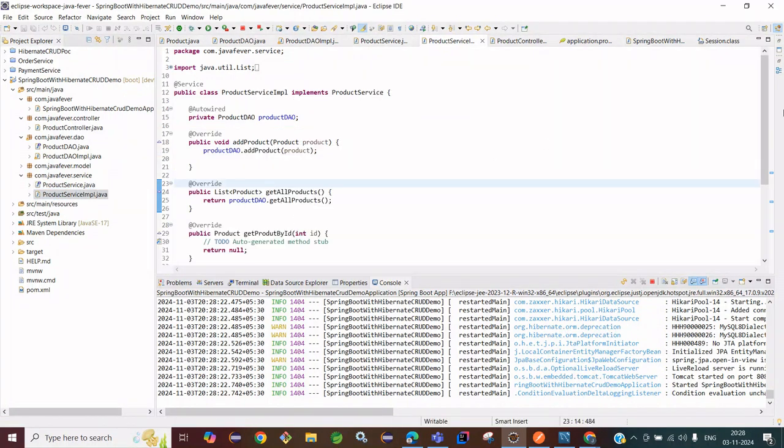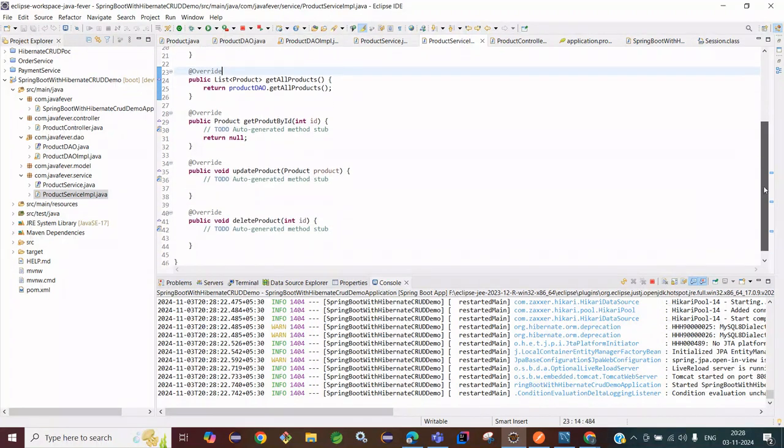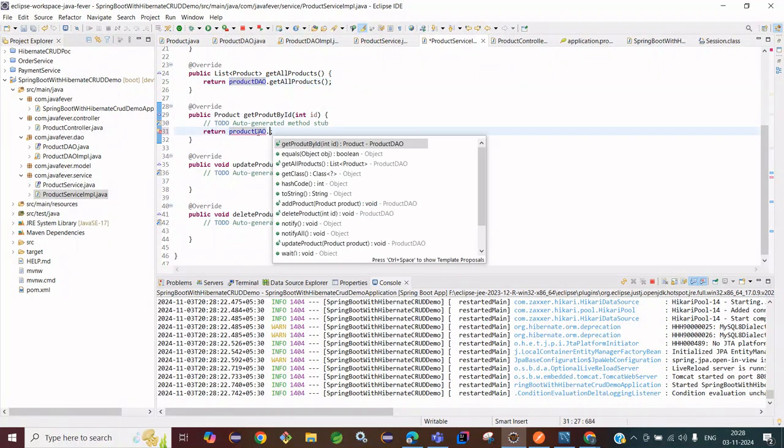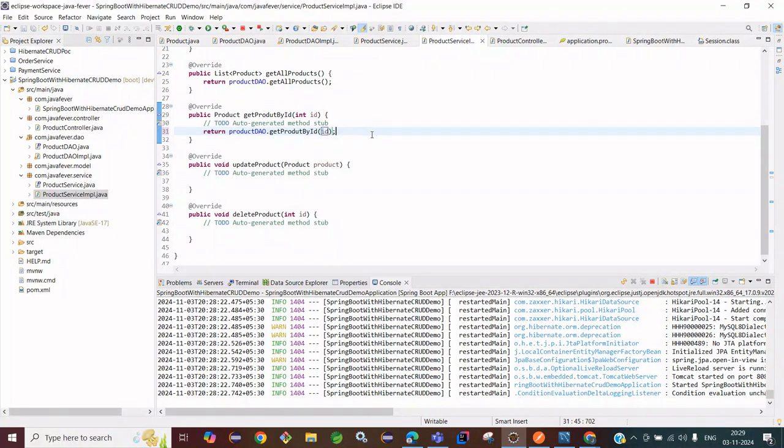Now we have to call all the methods from the service IMPL method. So get product by ID. How can we call? We have to call from product DAO. So we'll copy product DAO dot get product by id. Like this it will be called